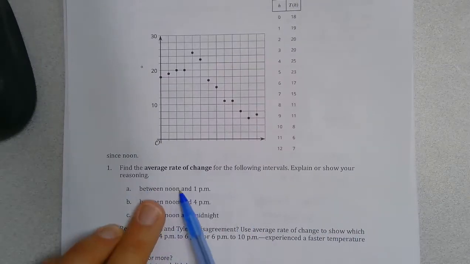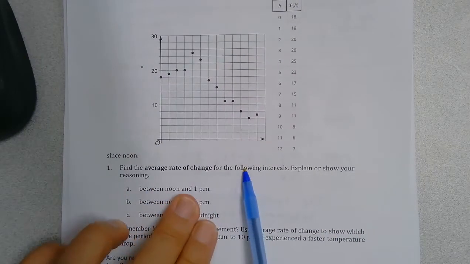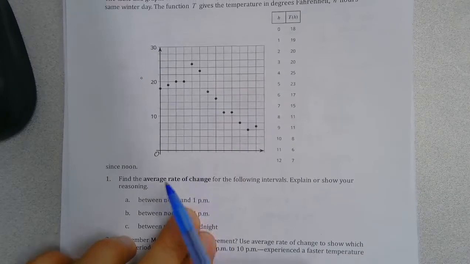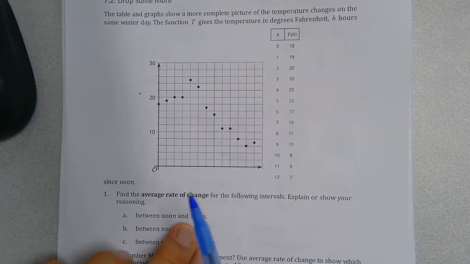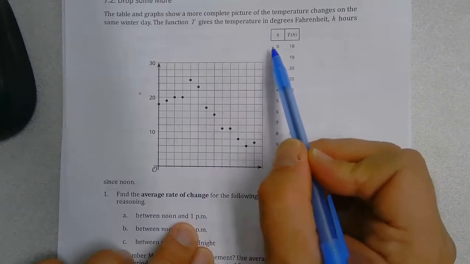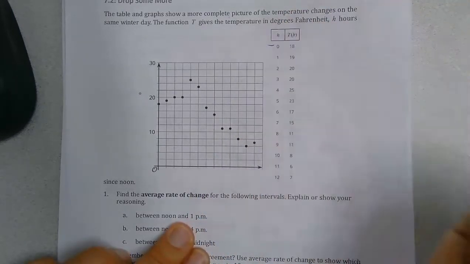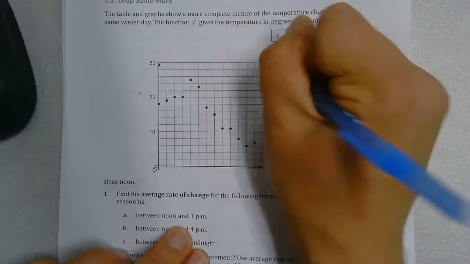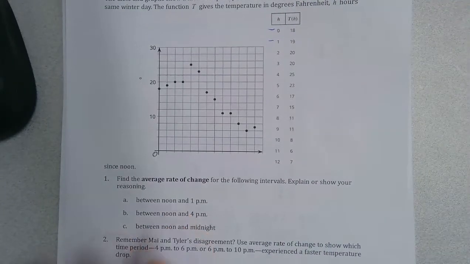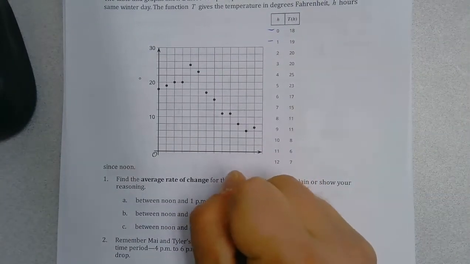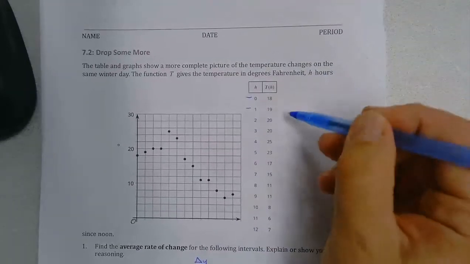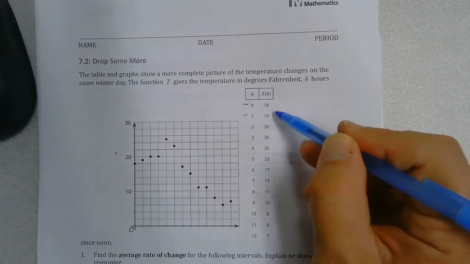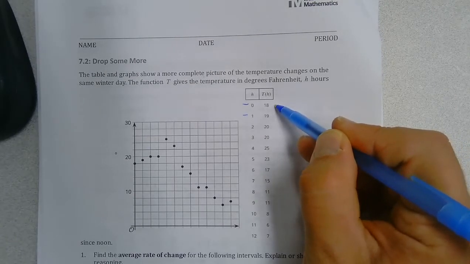So now it says, find the average rate of change over the following intervals between noon and 1 p.m. So I'm going to assume that noon is 0 and 1 p.m. is 1. So again, remember the average rate of change would be change in y over change in x. So here's our y variable. So we go 19 minus 18